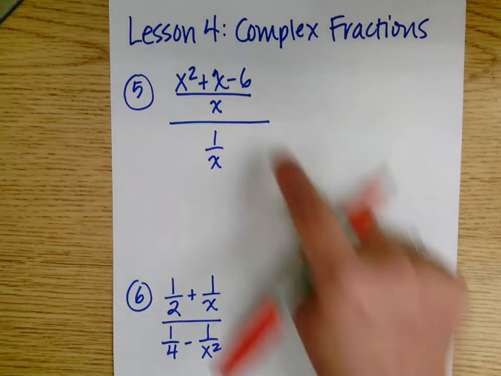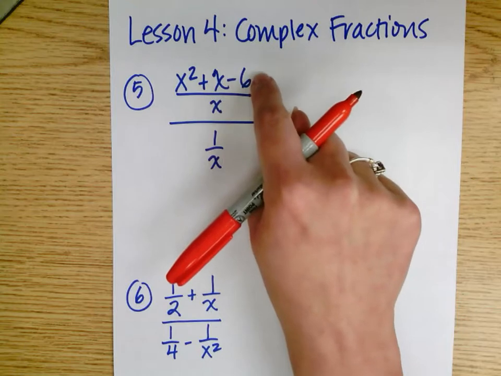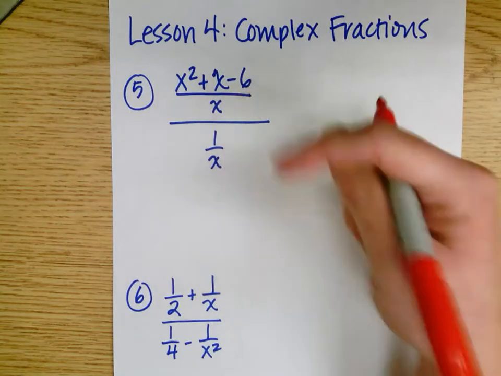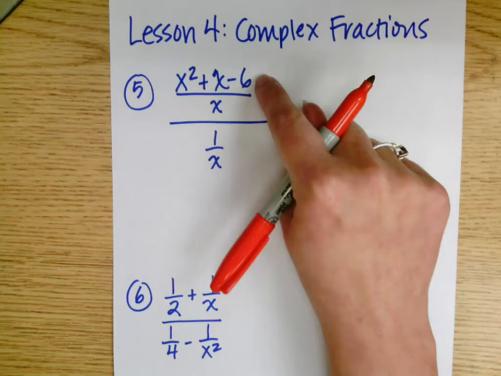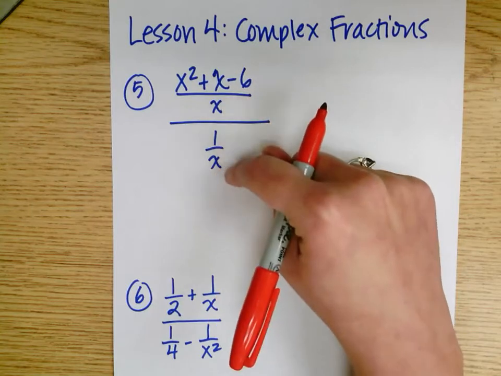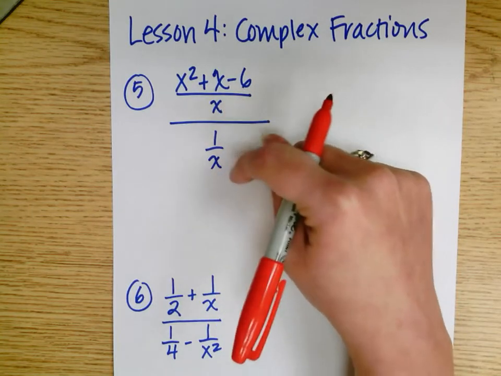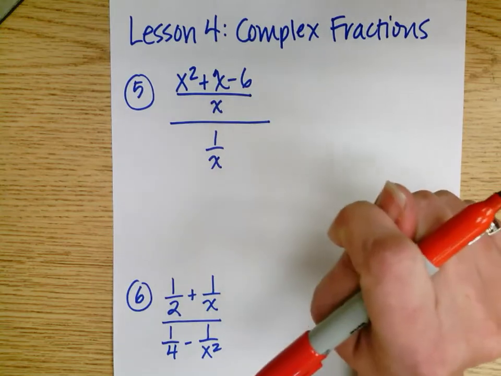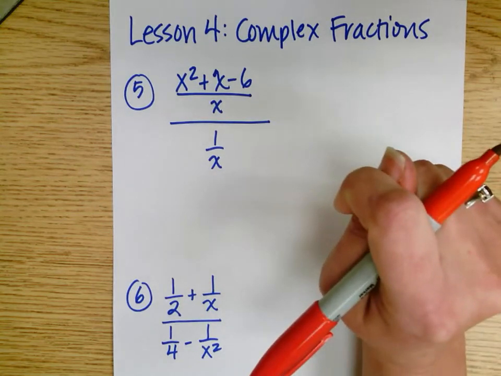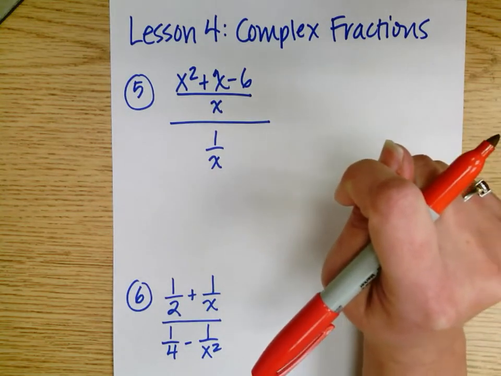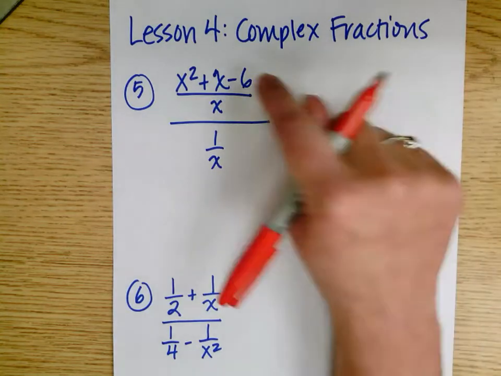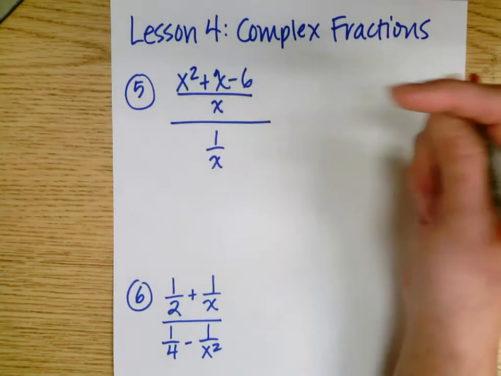Alright, on this one, I am probably going to want to factor, or at least feel like it. But if I look, I've got x's here and x's here. I'm going to expect one of them to cancel, so I probably don't need to factor so much. The only reason I might want to factor is to figure out restrictions possibly, but I don't think that's going into a denominator, so I think I can avoid